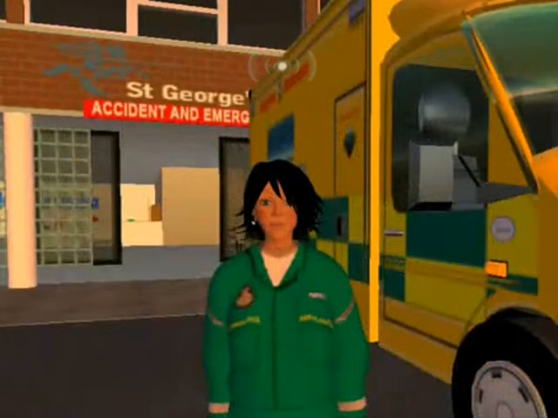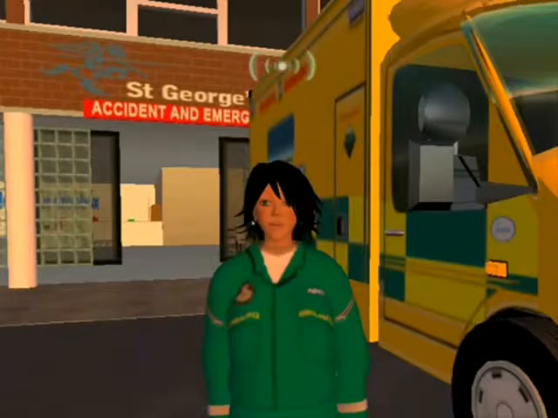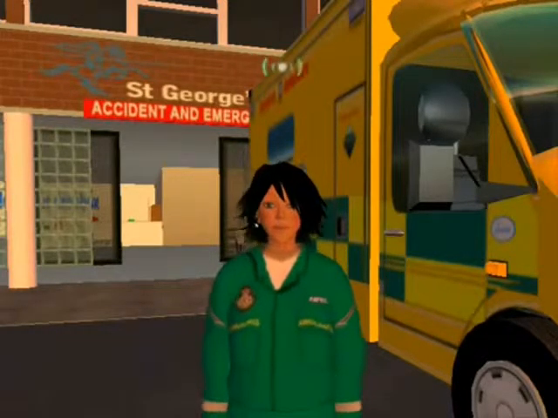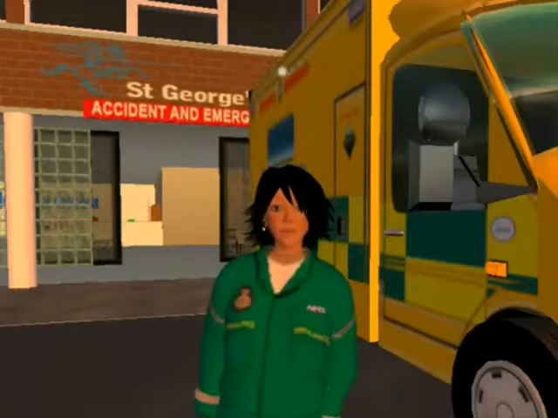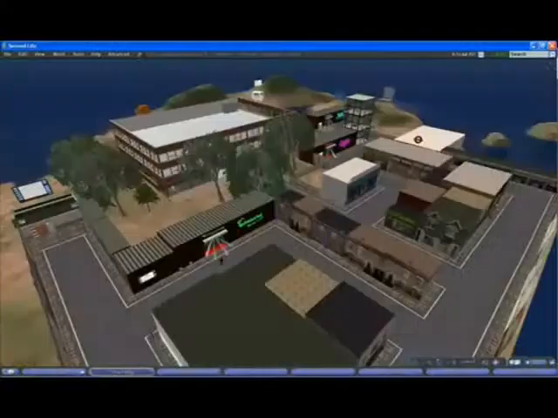Welcome to Preview. Preview is a JISC-funded project to deliver problem-based learning scenarios for students on healthcare courses via the virtual environment Second Life. Four different problem-based learning scenarios have been developed for paramedic students here on the St George's